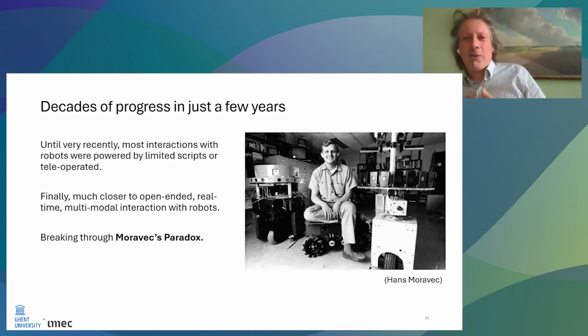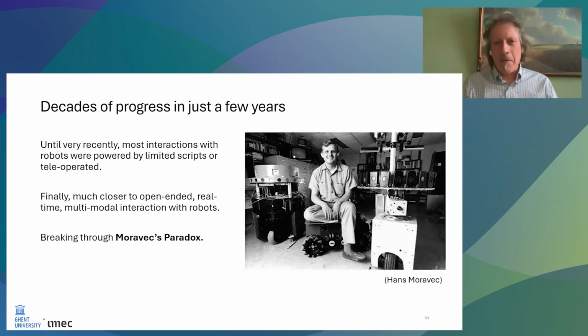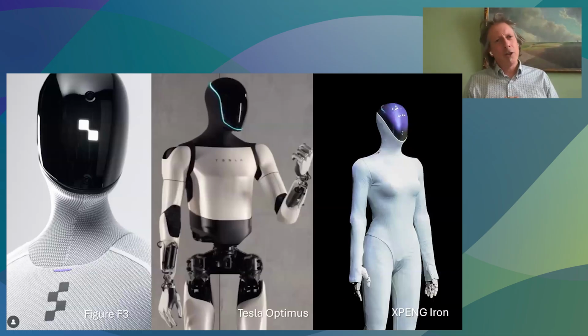And it puzzles me that across the world, we're building humanoid robots now, and somehow we're forgetting the human dimension. If you look at most of these robots, almost all of them, without exception, they don't have a face. They're not built to have a social interaction. Why is that? They're only focusing on the physical abilities of these robots and not on the social abilities. And I think that's a missed opportunity because humans are not a toy problem.